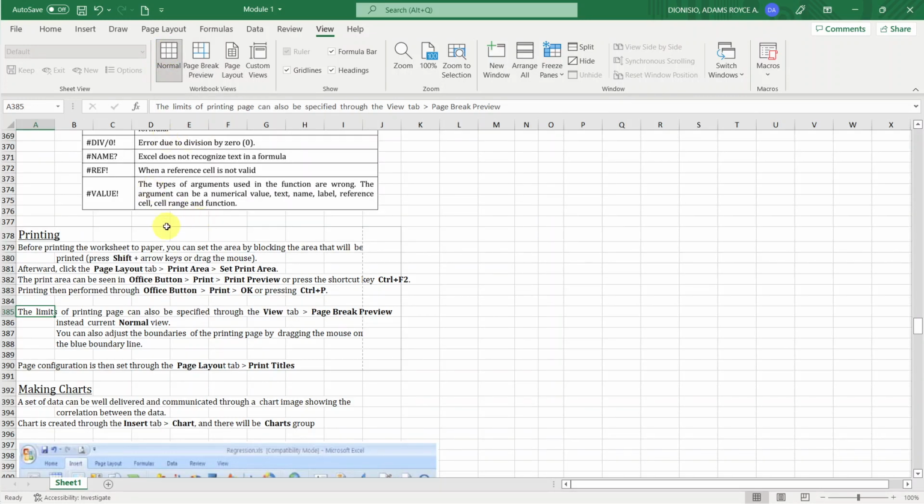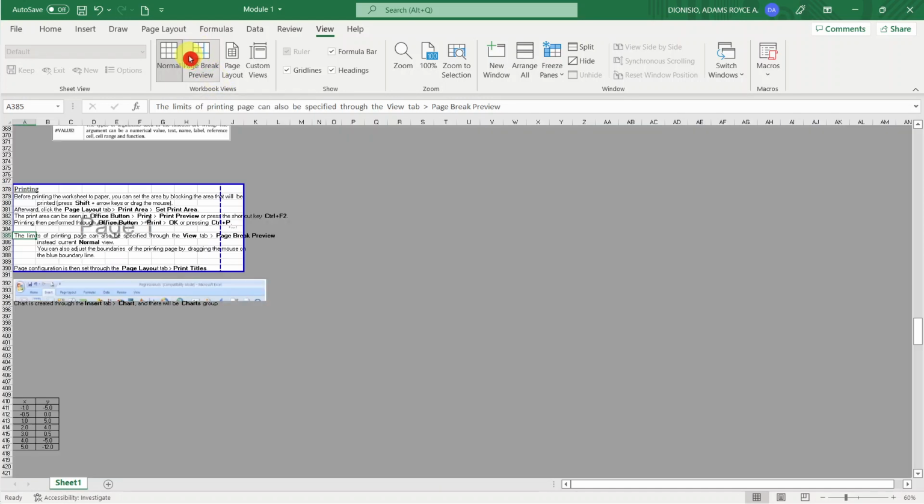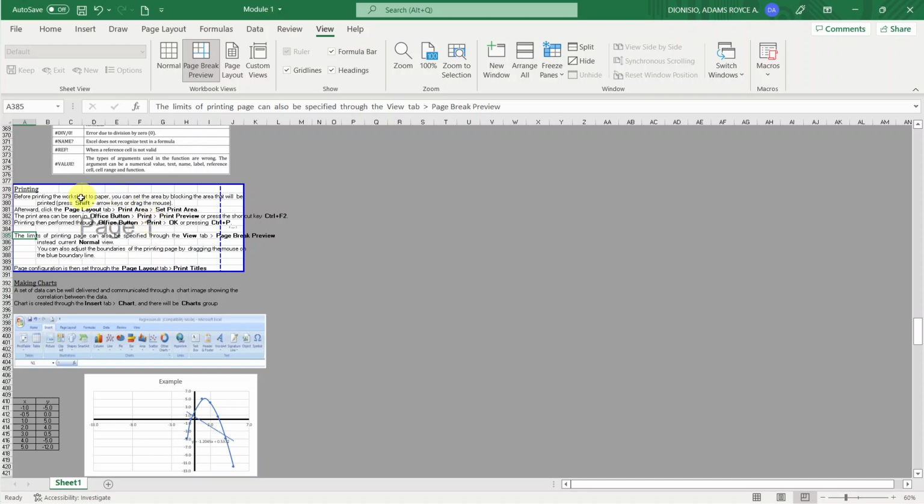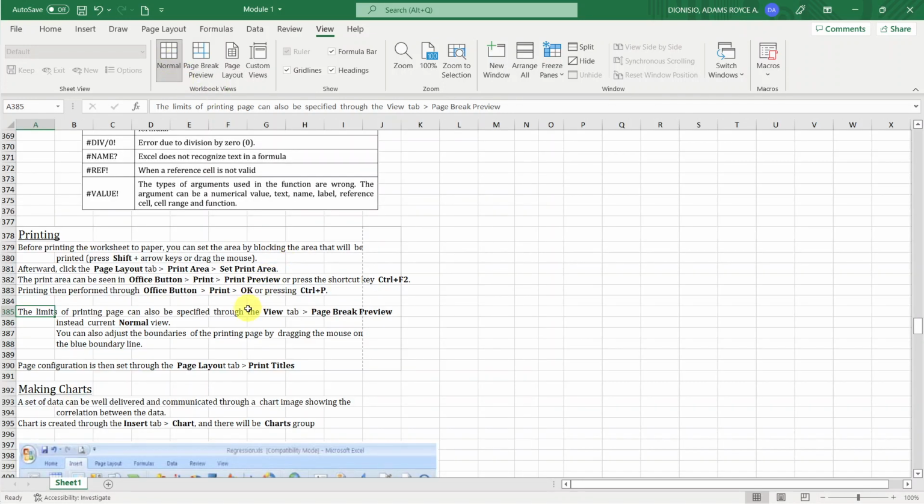By default naka-normal view yung worksheet natin. Pero pag click natin yung page break preview, ang ipapakita niya lang dito is yung sinet natin na print area, which is this. Kumbaga yan lang yung piprint ni Excel. Okay. So, pwede nyo rin makita dyan yung limits